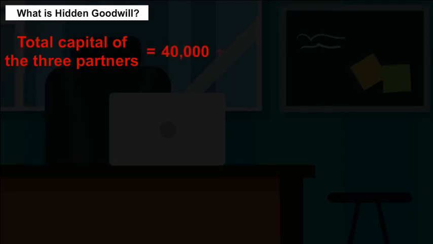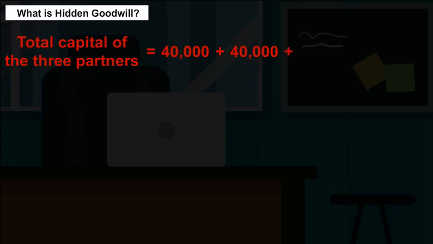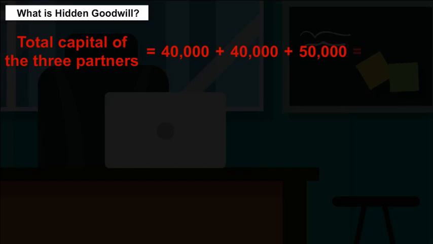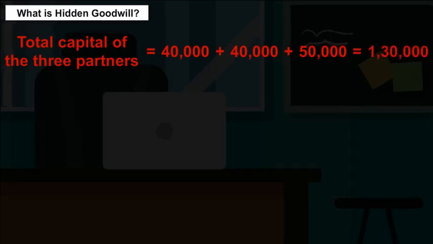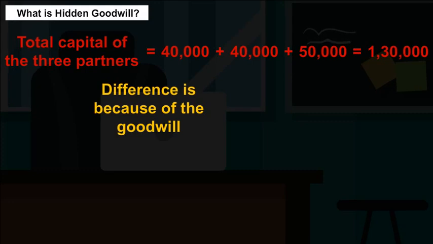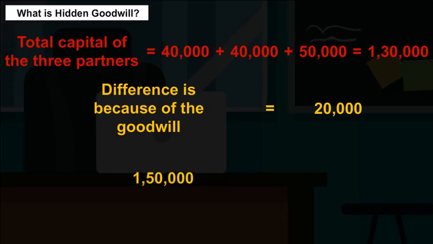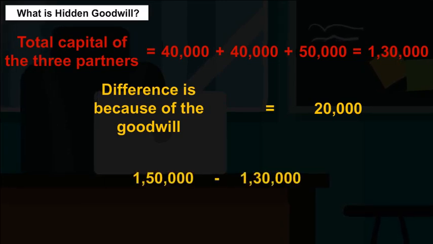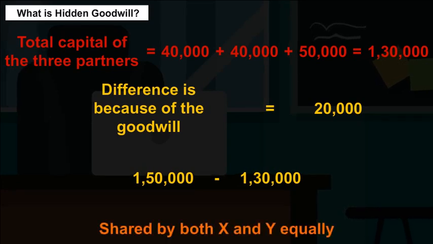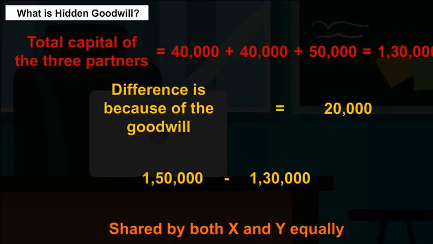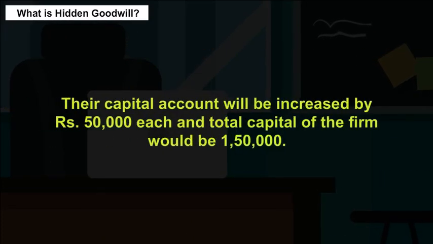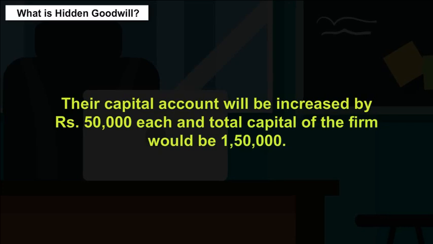But the total capital of the three partners comes out to be 40,000 plus 40,000 plus 50,000, which is equal to 1,30,000. The difference is because of the goodwill, that is 20,000, 1,50,000 minus 1,30,000, which will be shared by both X and Y equally. So, their capital accounts will be increased by 10,000 rupees each, and the total capital of the firm would be